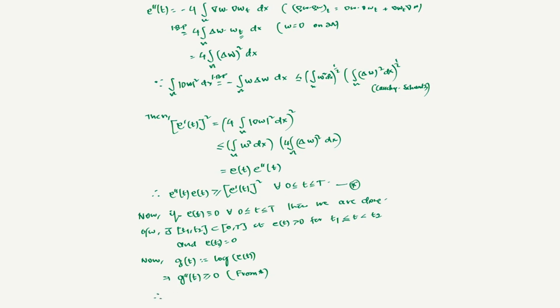Therefore that says that g is convex in open (t1, t2), it has to be open (t1, t2). Okay, that is what it is saying. So now once it is convex in open (t1, t2), what we can do is we can just write it like,